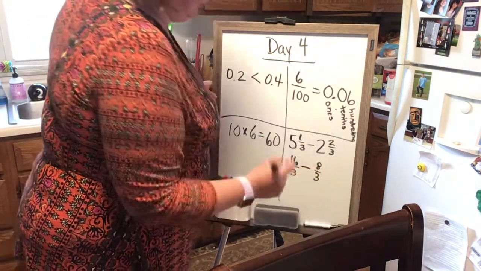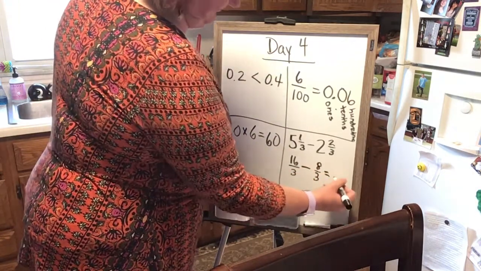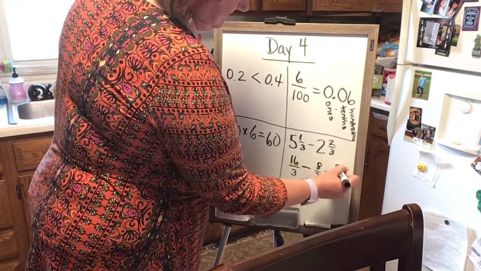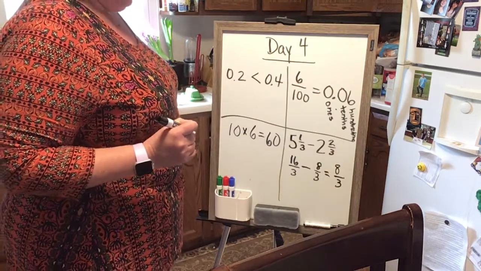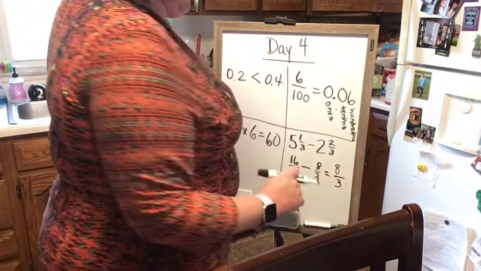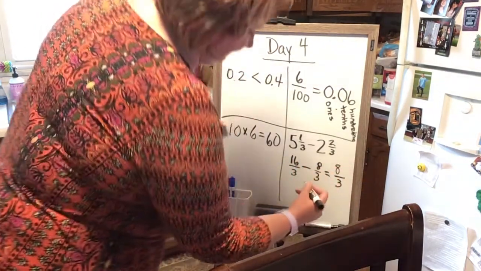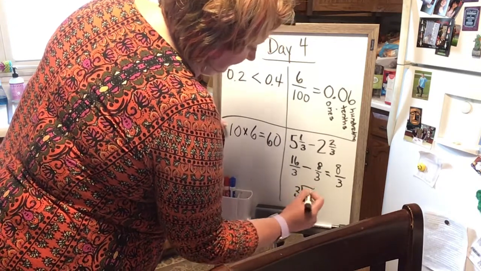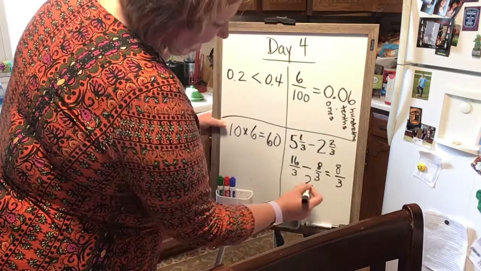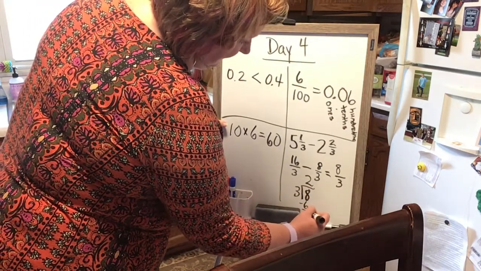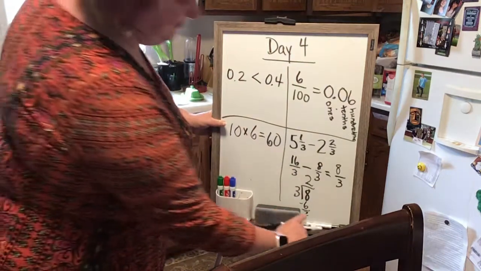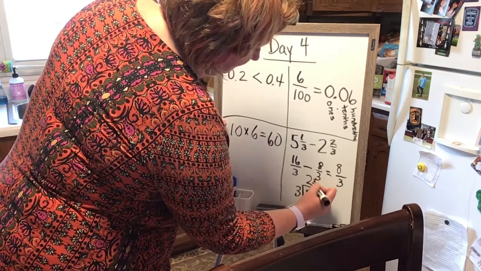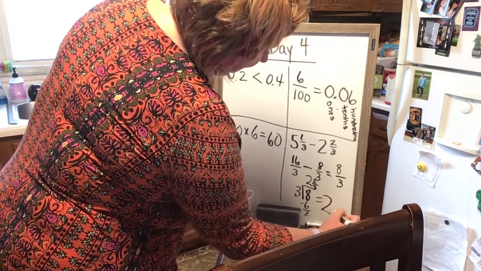And then all we have to do is subtract 16/3 minus 8/3. To do that, you bring over your denominator. 16 minus 8 is 8. And now I have to turn 8/3 back into a mixed number to put it in lowest terms. So all I do is 8 divided by 3. 3 goes into 8 2 whole times. 2 times 3 is 6, and 8 minus 6 is 2. So I have a remainder of 2. Put your remainder over your denominator. So 2 2/3. So my answer is 2